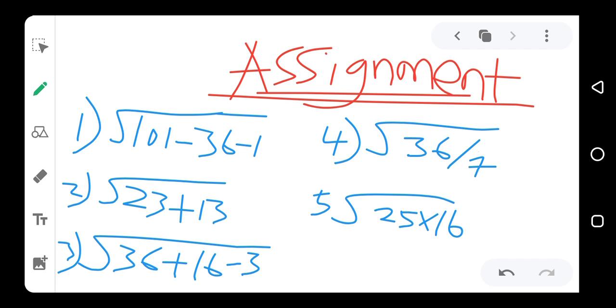So you solve this: 1, root of 101 minus 36; 2, root of 23 plus 13; 3, root of 36 plus 16 minus 3; 4, root of 36 over 7; and 5, root of 25 times 16. So you solve this